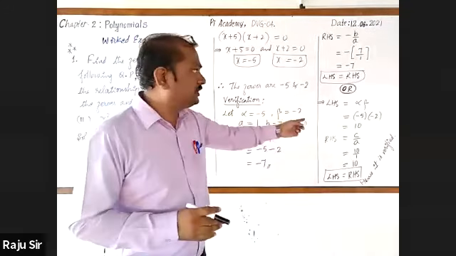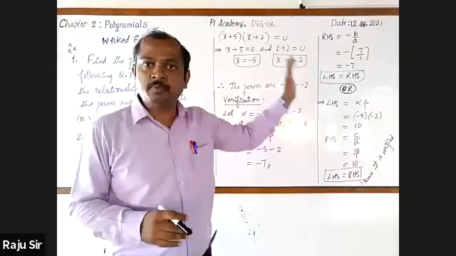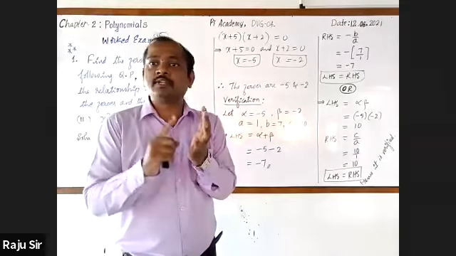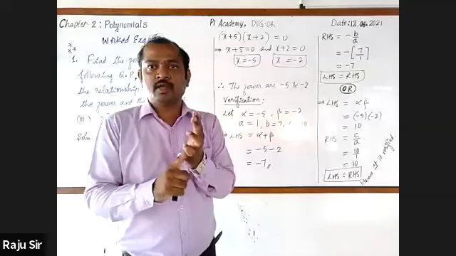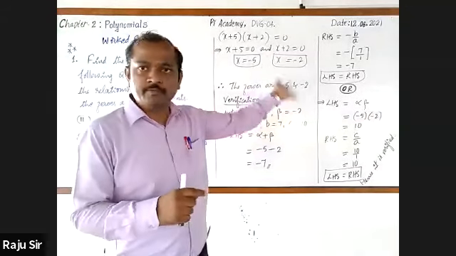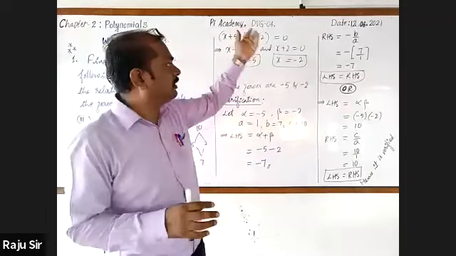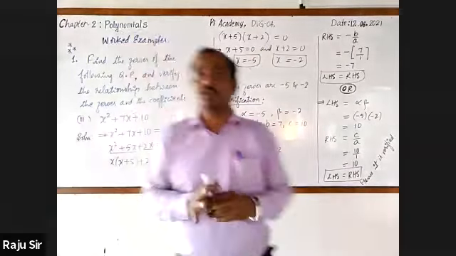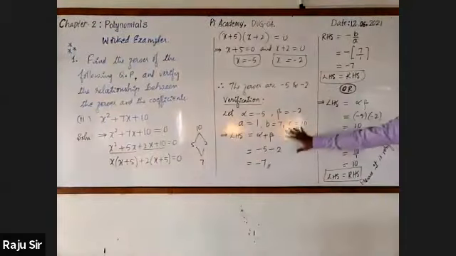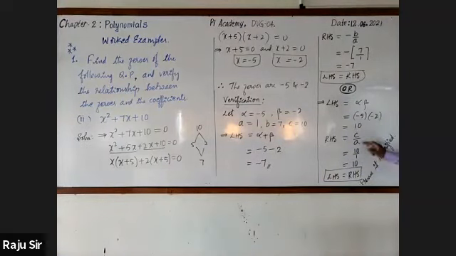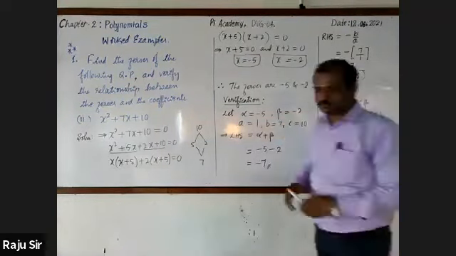I said that earlier. Both statements give the relationship among zeros and coefficients. So you may verify only the first one or only the second one. If you want, you can verify both also. That is why I have written "or". Either the first one or the second one. Okay.